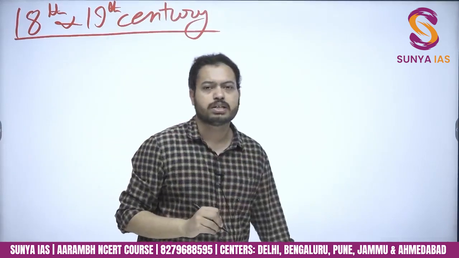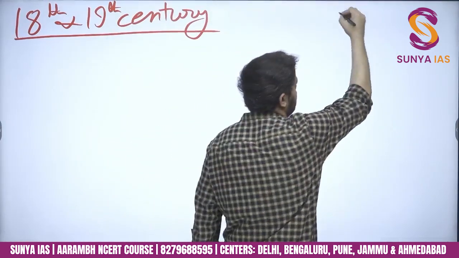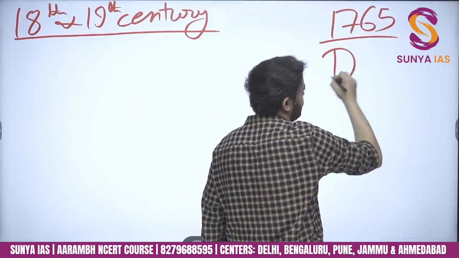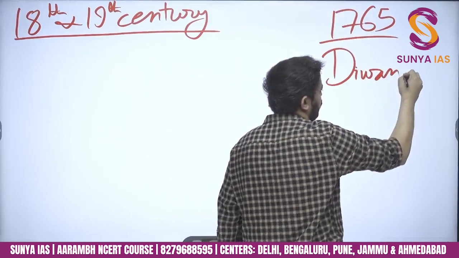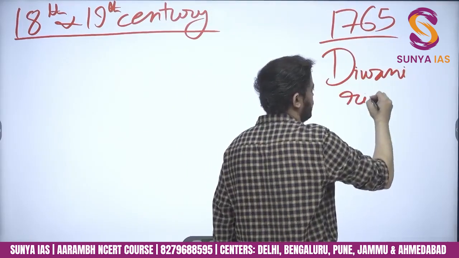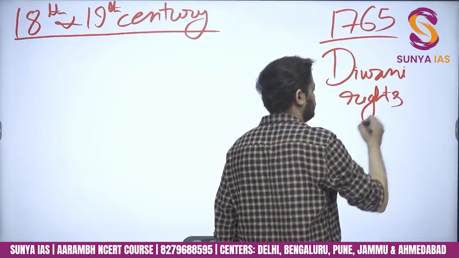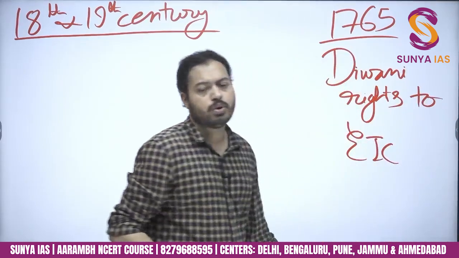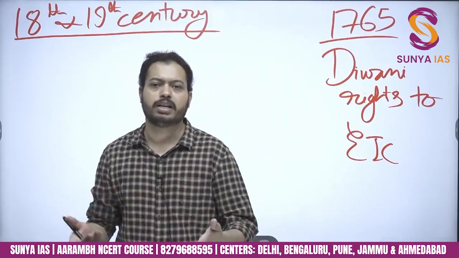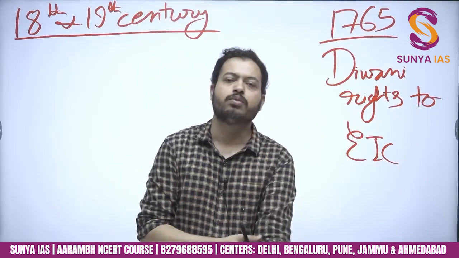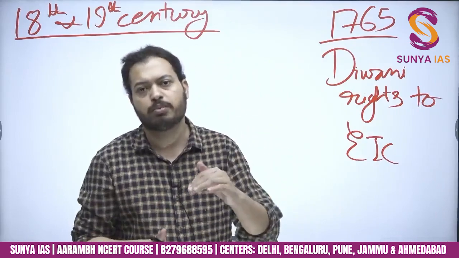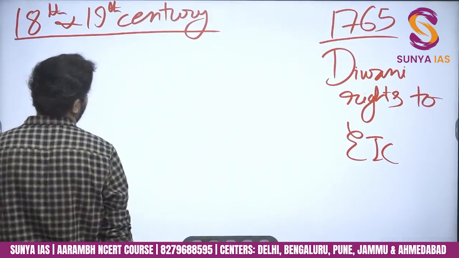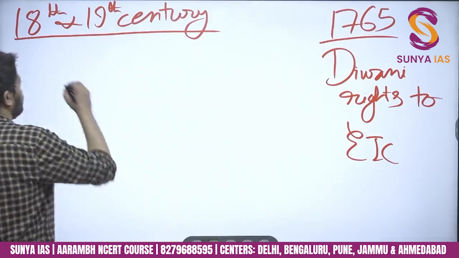In the fourth lecture I have explained how in 1765 the Diwani rights were given to the East India Company for Bengal. Now Britishers wanted to put more and more area under agriculture. If more agriculture is done, more production will be there, more surplus will be there. More surplus means more tax. That's their aim. So from 1765 onwards, all they wanted was to increase